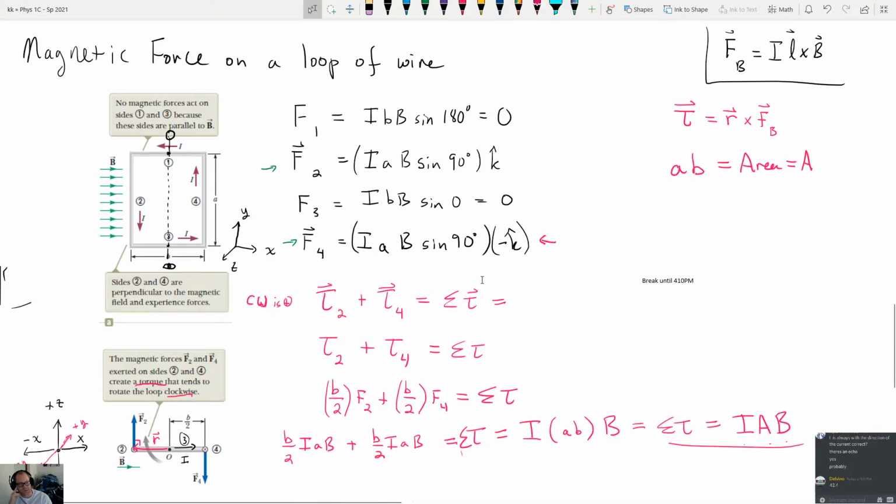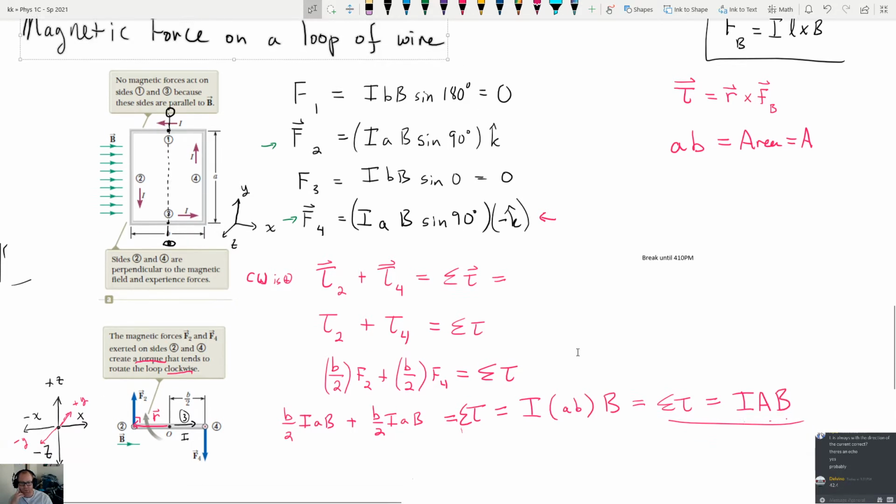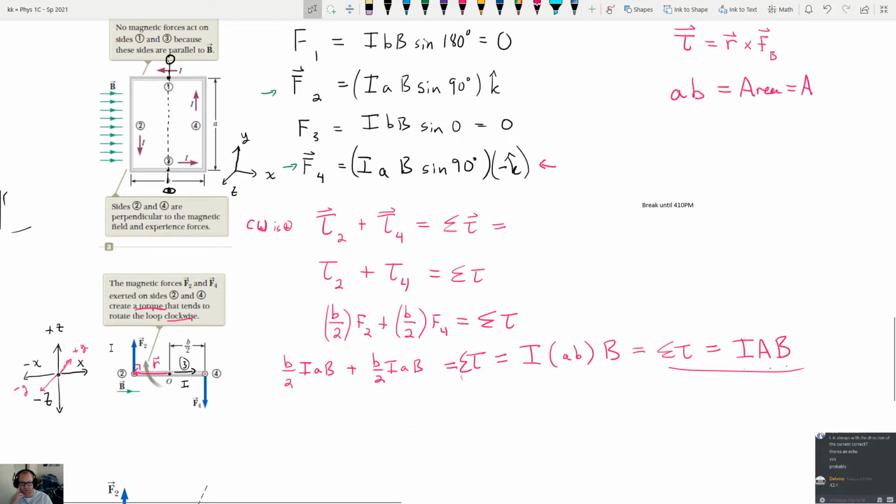All right, this is Physics 1C, Hour 3 for April 22nd. So we are going to continue talking about the magnetic force on a loop of wire. We just figured out that the torque on this wire, when it's oriented horizontal, is going to be clockwise. And this is the value that we get, the current times the area of the loop multiplied by the magnetic